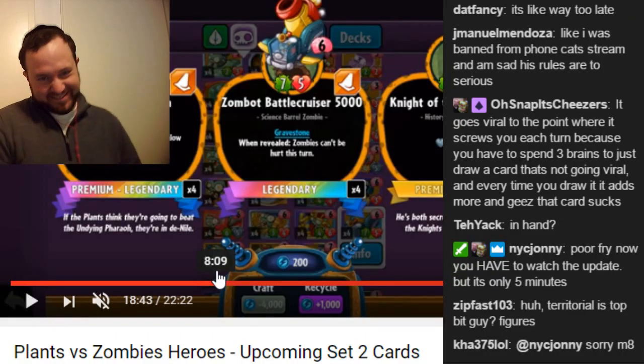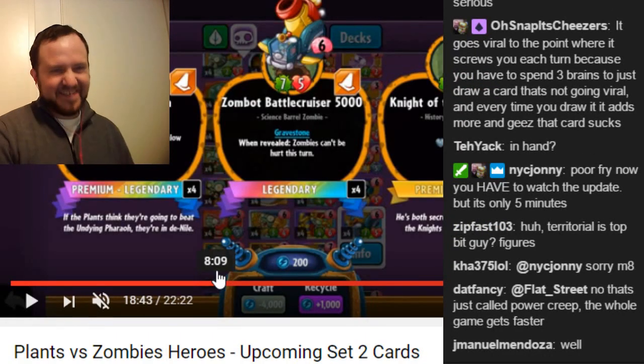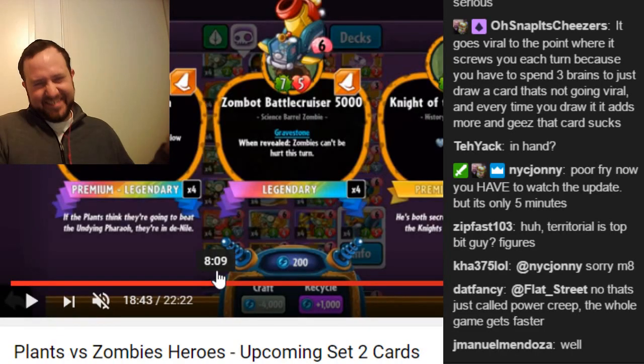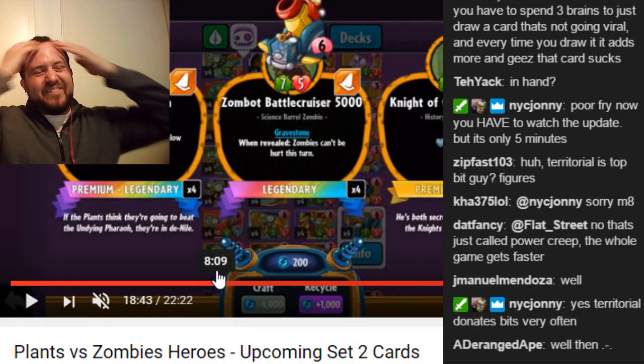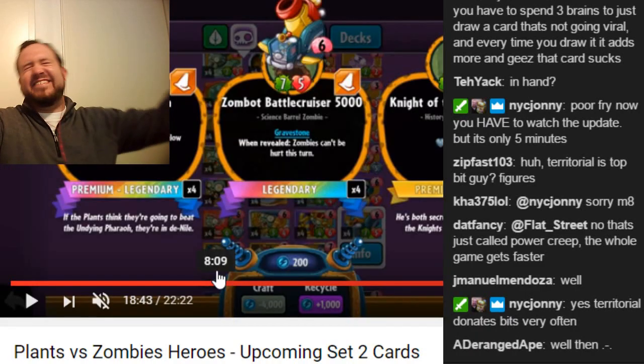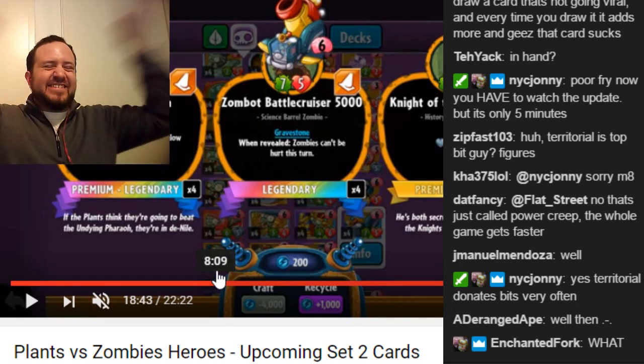What? What? What? This is a 6-cost card. This is like, what? This is, no, what? This is the first card, actually, of all the amazing cards we've seen that has been just, this card is